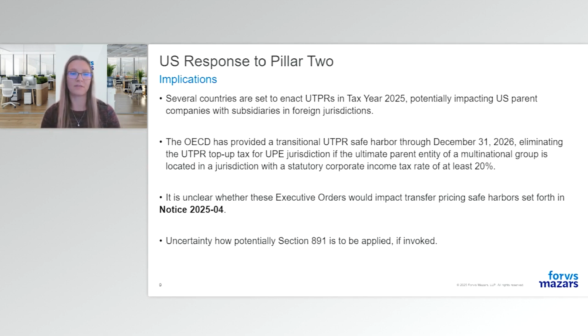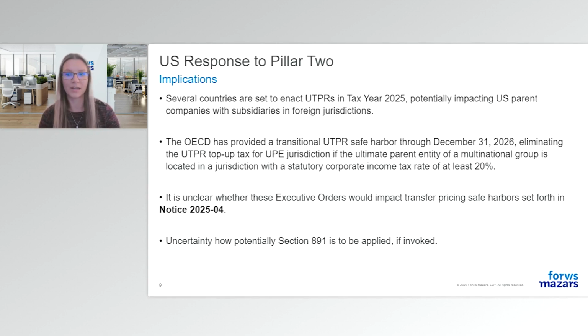So with the U.S. having its statutory rate at 21% right now, U.S. companies that are UPEs of multinational groups should qualify, to the extent that the statutory corporate income tax rate is not reduced. We want to, of course, note that there have been talks of reducing that statutory corporate income tax rate to 15%, but at this point, that's really uncertain. We can't really say which way the administration is leaning on that. I don't know if Justin has anything else there on the impact to Pillar 2, but we did want to touch on the stance of the U.S.